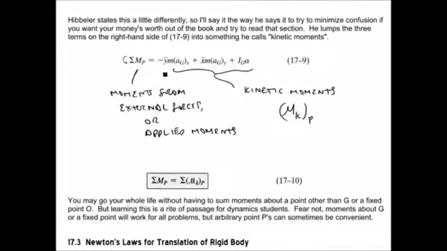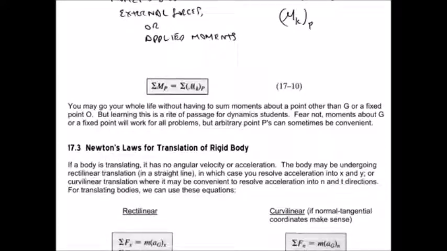The reason I'm not fussy about that is because it makes it look like he's taking the moment of an acceleration and not the moment of an inertial force. So anyway, this is my particular preference. I like to visualize the inertial force. We've seen the inertial force with the steel block on the flimsy steel ruler. I'll show that again in class. Anyway, in the next movie, you will see how much of an advantage you can get if you take moments about an arbitrary point P. And usually the advantage is if there's a bunch of forces going through P and you take moments about P,